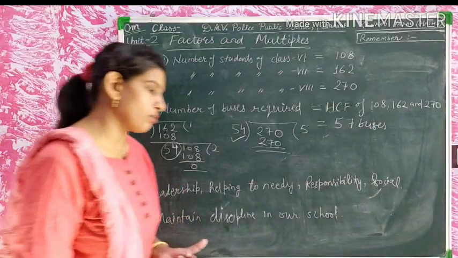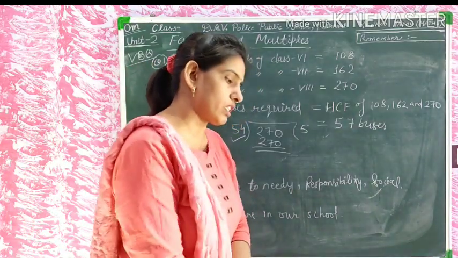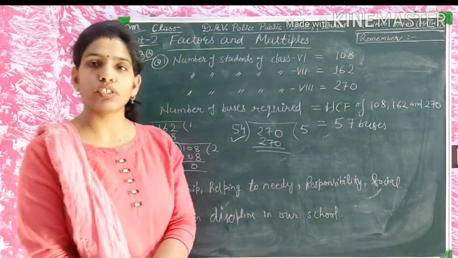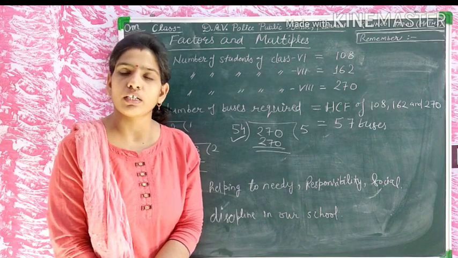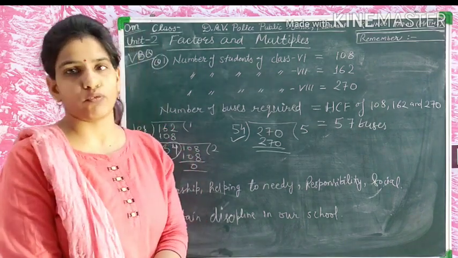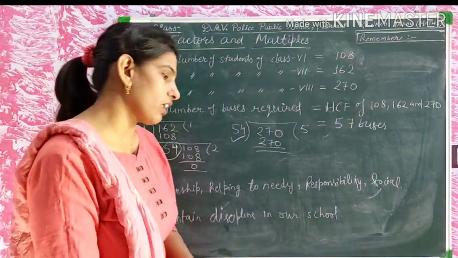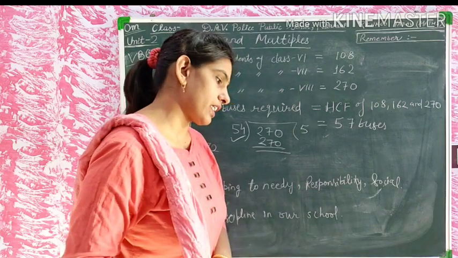Now there is question number 2. As a member of the school council, Rohan was made a part of the decision making. Which decision did he take? His teacher asked him to take the responsibility of informing the transport in charge. Okay students, this is the responsibility he has and the decision he has taken here.